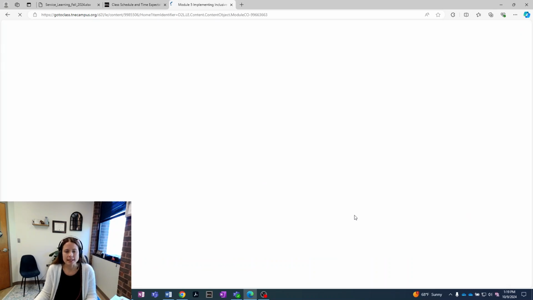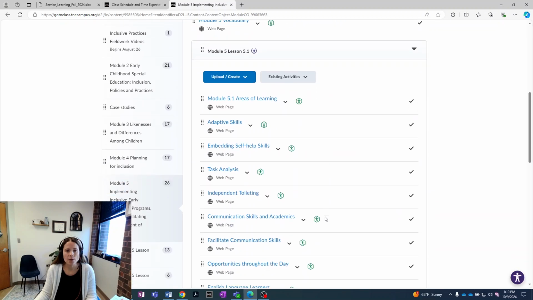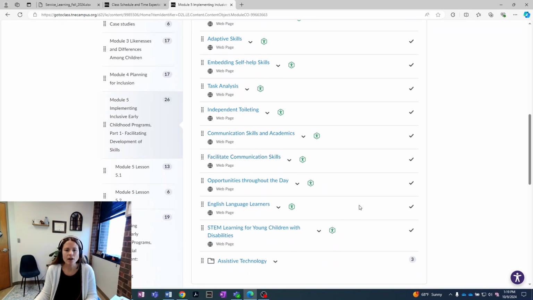Now, with the two lessons that you have, the first lesson is really looking at how you define what adaptive skills are, right? And what are self-help skills, and how do we embed those into our actual classroom routine or schedule. Then we're thinking about all these other skills that we want the child to learn, like task analysis, toileting independently, communication skills and how that relates to academics, thinking about facilitating communication skills, thinking about if you have any English